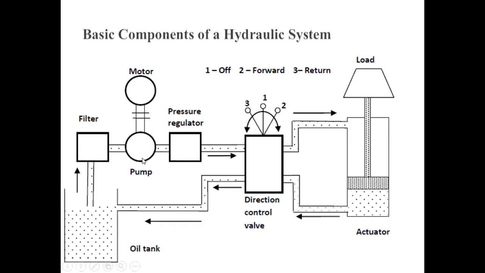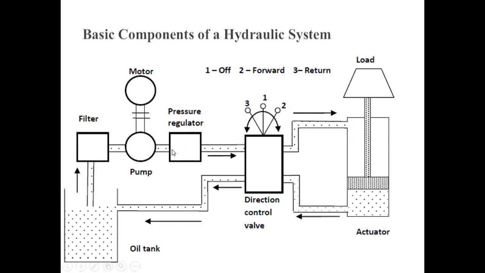Various piping system carries the hydraulic oil from one place to other place. There is a filter which is used to remove any foreign particle or impurities in the fluid system and keep the hydraulic oil clean and this fluid system efficient. It also avoids damage to the pipeline, the pump, regulator, valves, etc. by keeping the foreign particles away from the pipeline.